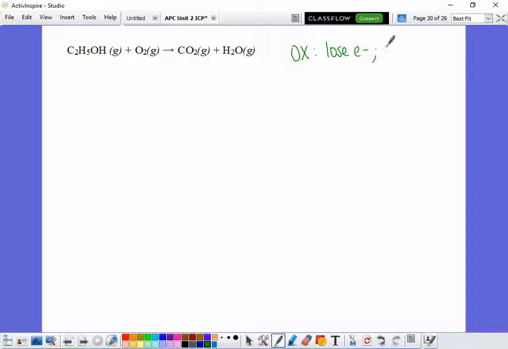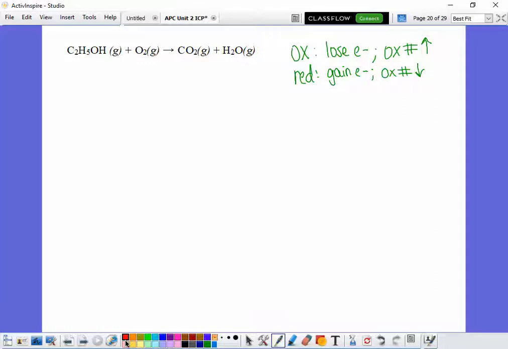And what happens to the oxidation number? It goes up. And then what's the other part of redox? Reduction. What's happening with electrons when we are being reduced? We're gaining electrons. And the oxidation number is doing what? Going down. Okay? So, to review this,